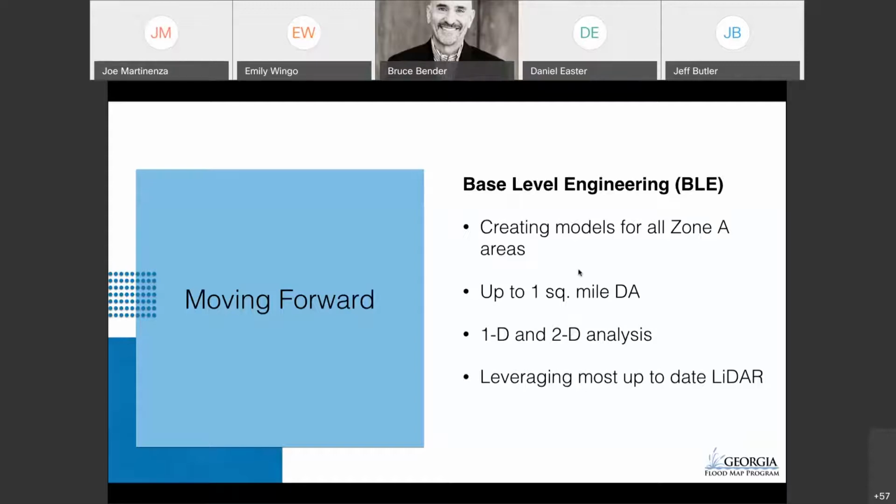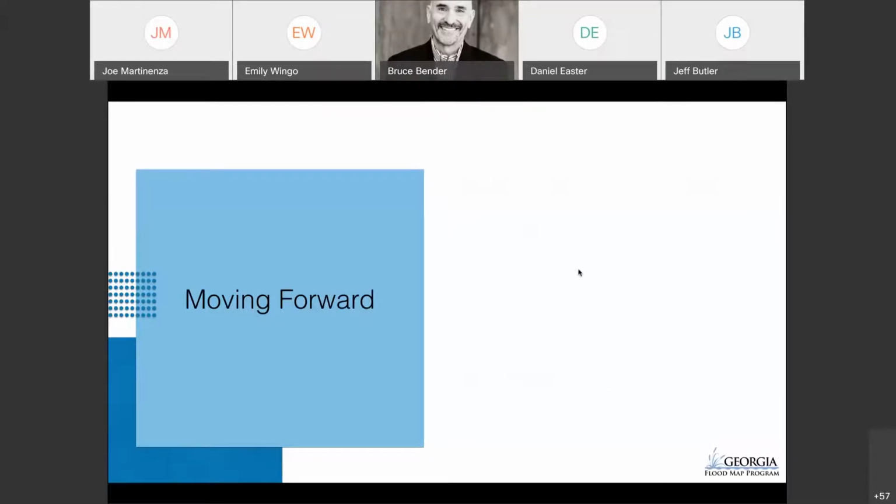We have other flights that are waiting to be flown, but we have secured funding and scheduled enough to get LiDAR for the entire state of Georgia. And just as a side note, when that LiDAR becomes available to us, it will also become available to you. And because it's highly accurate, and because it's funded by FEMA and managed by the state, it'll be yours for free. We could probably do a whole other lunch and learn on LiDAR, but for now,